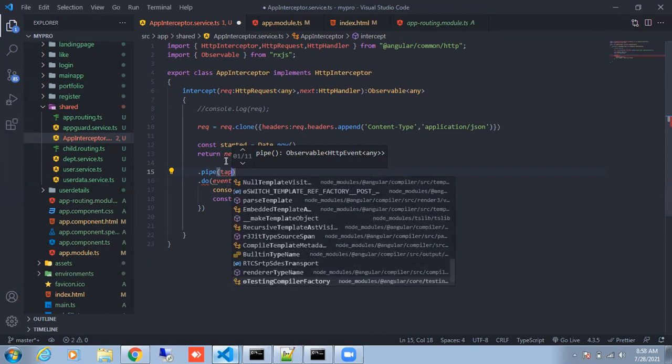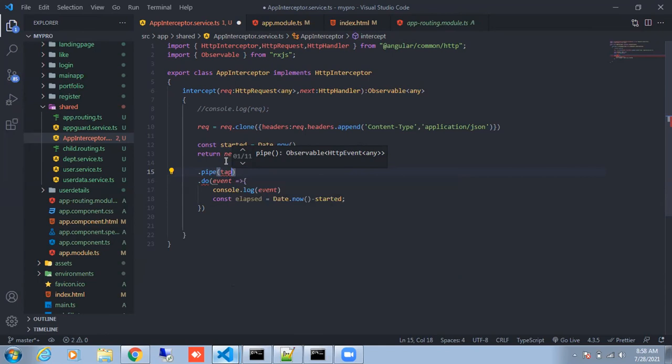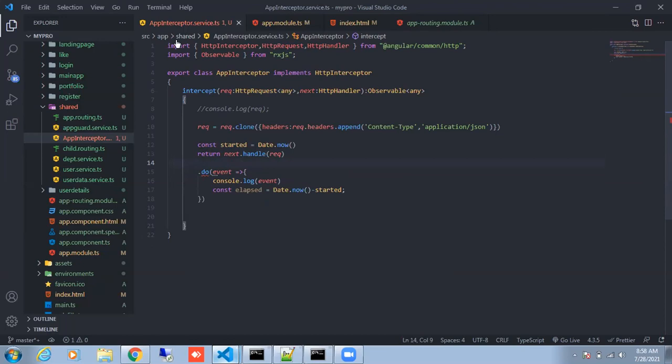Don't worry, we will tell you how to do that because here it is having some reference issues. We'll help you fix that. But at least you understood the flow of what we're really using now.